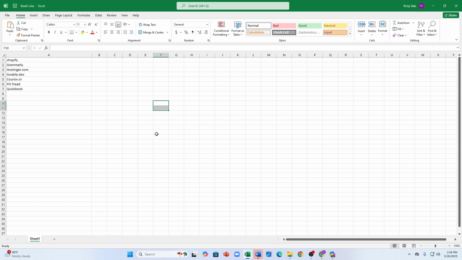and rest of the Excel works, so after that you can enter data in rows, columns like this. Here already Shopify, Grammarly, Hostinger.com is given in rows and columns. You can use auto sum to quickly total a column, select conditional formatting to highlight high low values. You can do calculations and check spell, and you can use the insert tab charts to turn data into graphs,